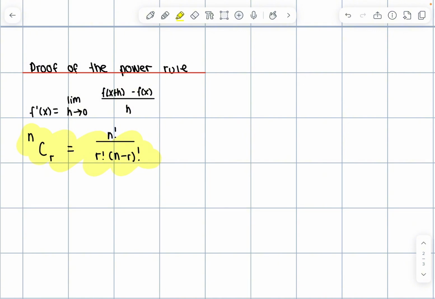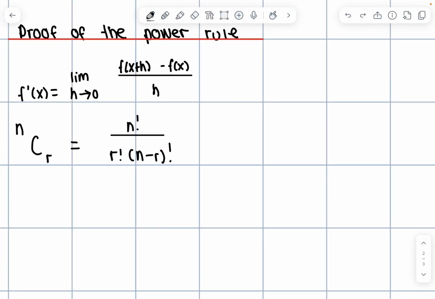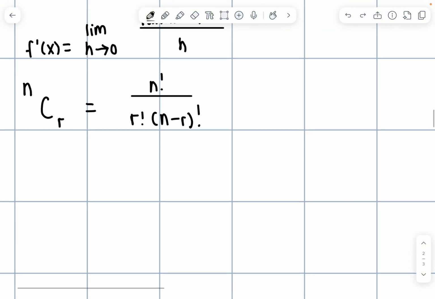But it's to do with combinatorics, basically the way you can arrange groups of items, but it comes in handy whenever you're expanding out a polynomial or binomial. So for example, say you have, I'll just use x and h because it'll link well with what I'm going to do later, x plus h to the power of n. If we were to expand that out, we would get x to the n